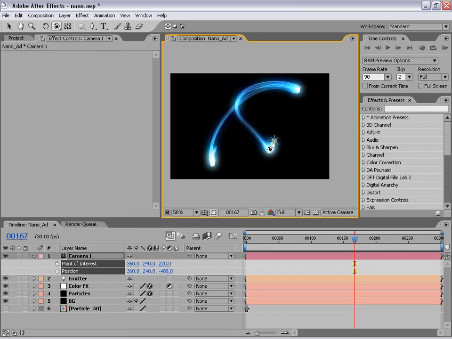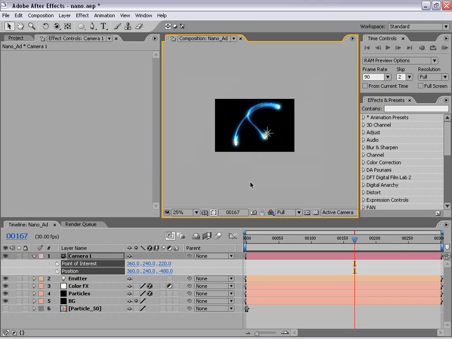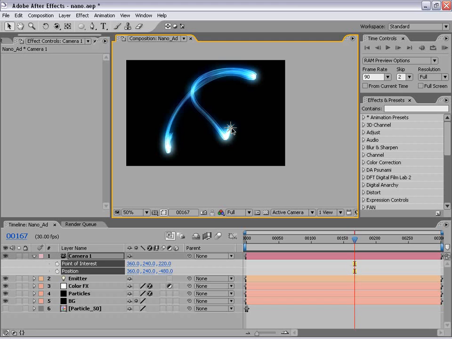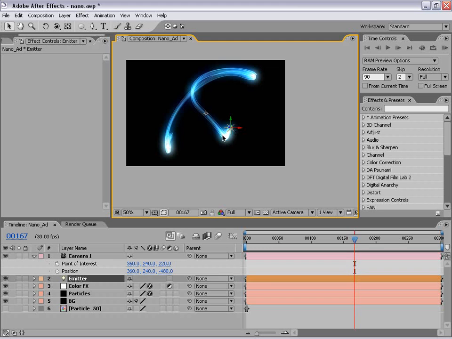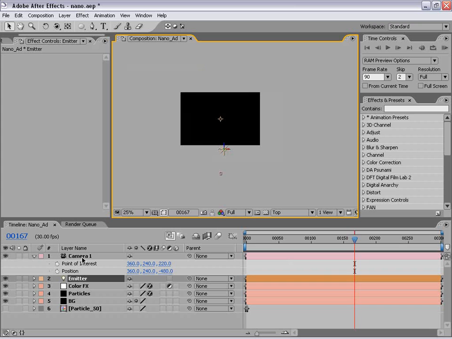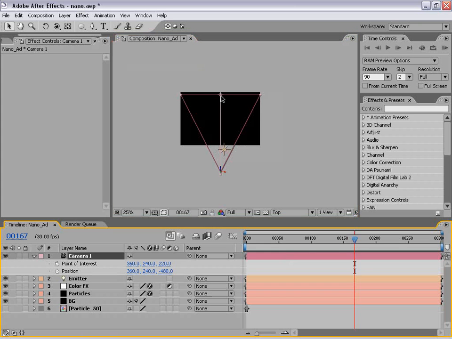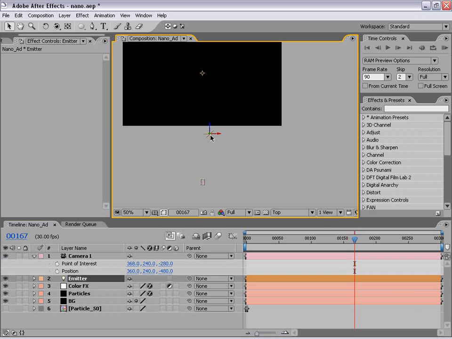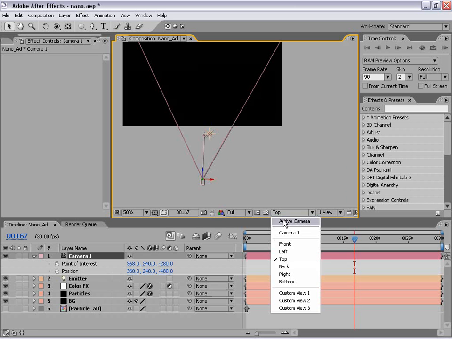However, we're in sort of a dilemma right now. We need to set the camera's point of interest at this light. So the good thing is the light is our reference point. So let's change our active camera to our top view, and let's select the camera, and let's bring our anchor point or position of interest closer to where our light is. And as you can see, the light is pretty close to it. So that should work, and I'm going to go back to my active camera,